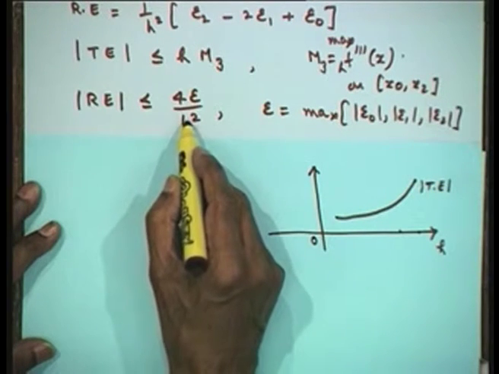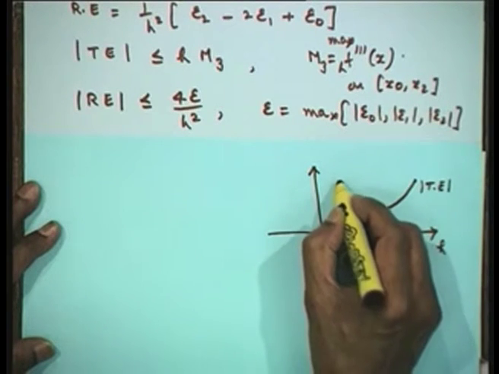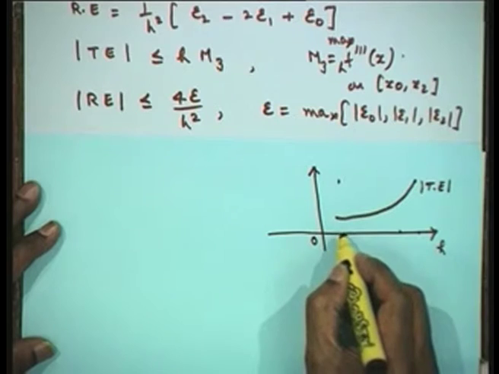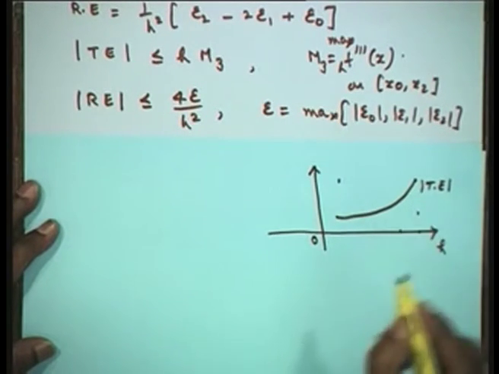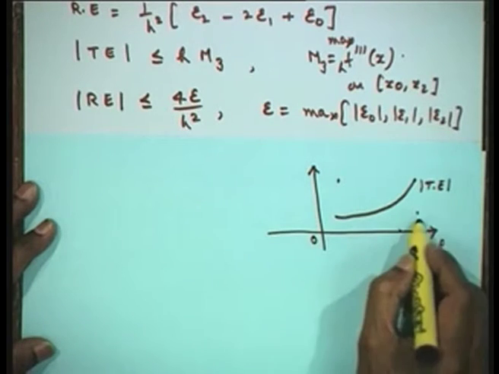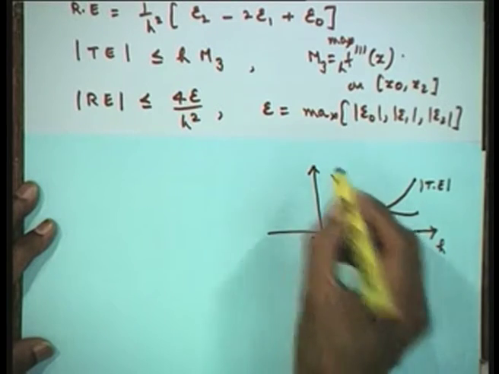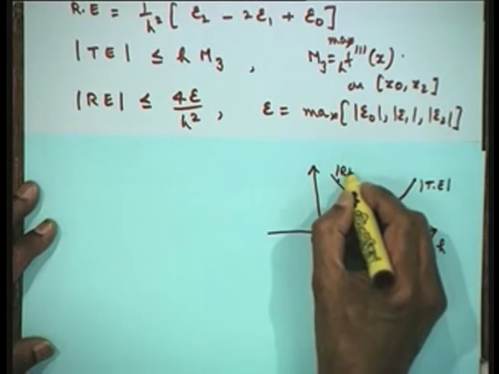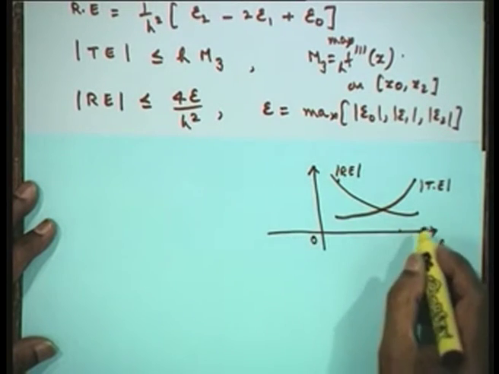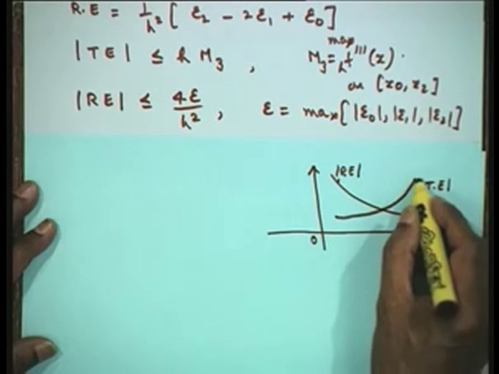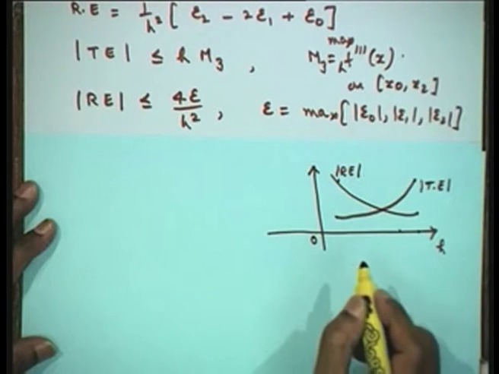Now, if I draw the graph of the round off error, for some value of h it has got some value over here. As h goes to 0, this round off error grows. So, the round off error now grows and goes like this. So, this is the magnitude of round off error. Now, this is the behavior of the round off error as h tends to 0, whereas truncation error goes to 0 and round off error becomes unbounded as it goes to 0.